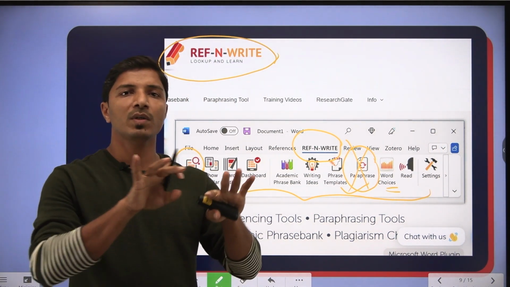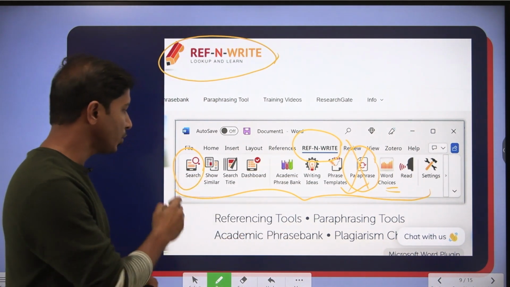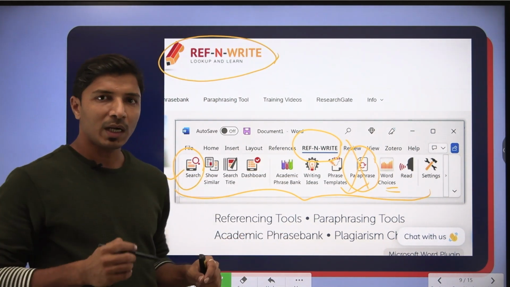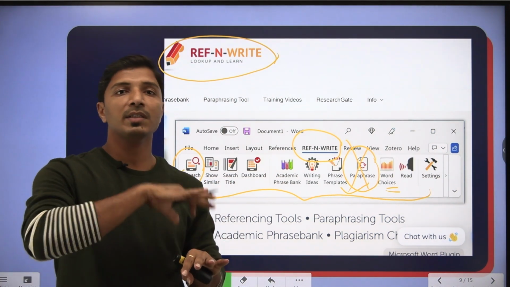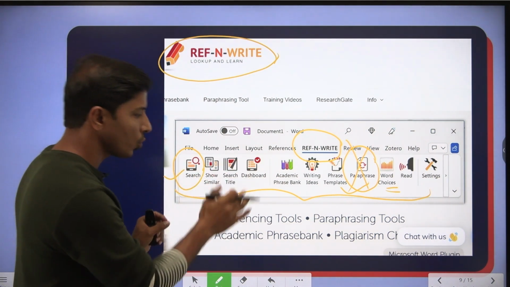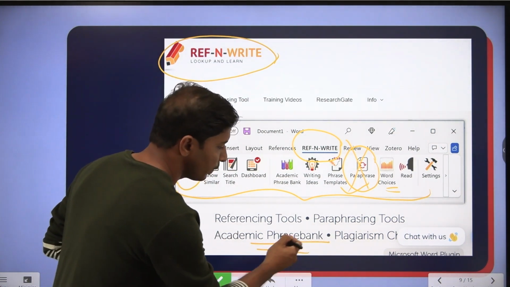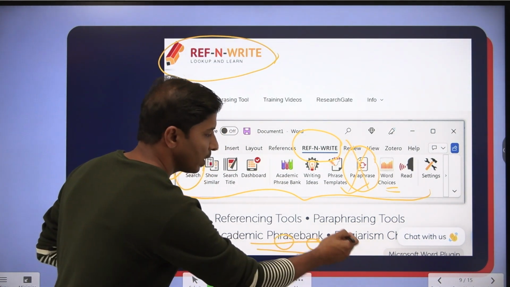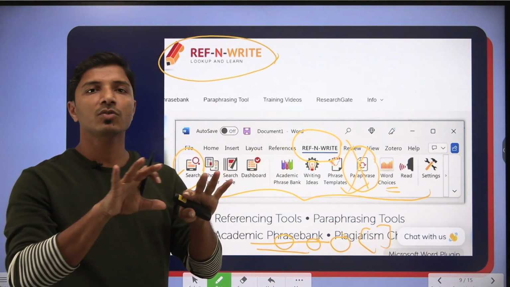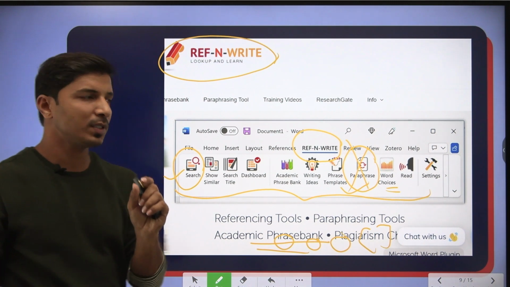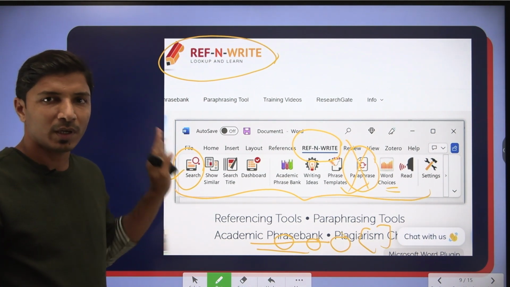Means if I have written one sentence, then basically I make use of this search option, so that if I have copied research articles, or my own text if it is recycled, then it will be showing below that these few words have been copied from your research paper, so that right there I can change those words. That is the feature that I most like in this Refer and Write.